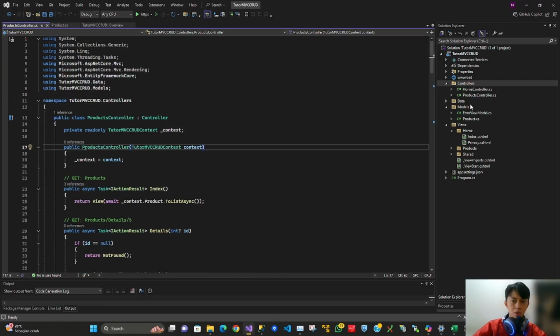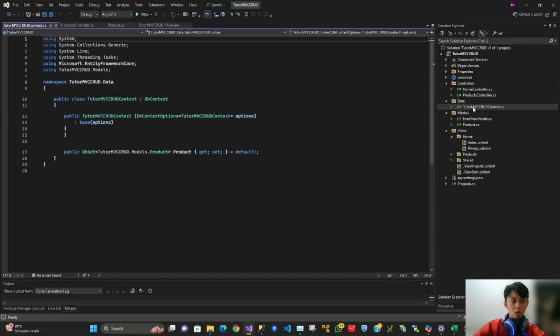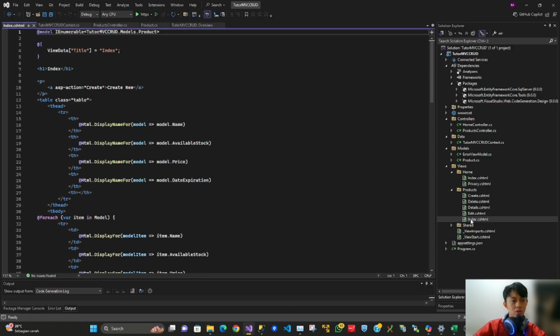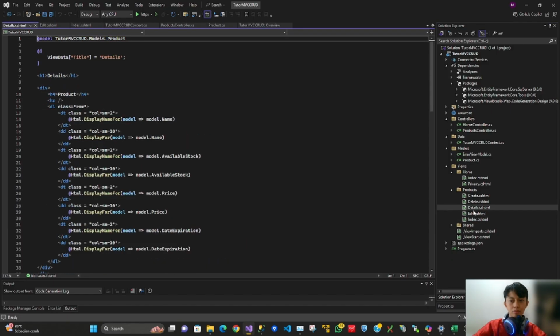What was just created by the scaffolding feature? First, the Products controller. Second, the data context. Third, it installed the NuGet packages here, Entity Framework and other dependencies. Fourth, it creates the Products views.